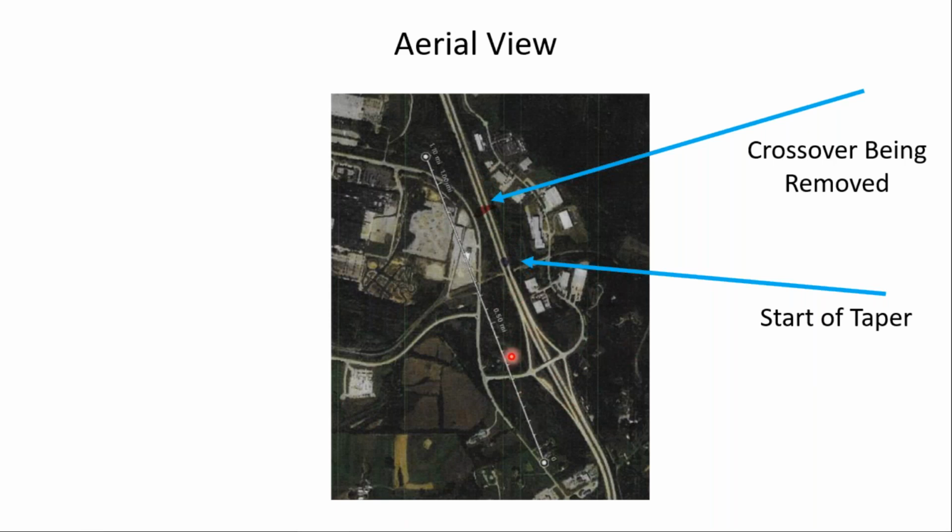Here's the interchange I was mentioning. The previous year, this happened in March. The roadway south of the interchange had, for a couple of years, undergone major reconstruction. In fact, it was one lane of travel in each direction for a couple of years while they essentially rebuilt the road. And so that's why this is the turnaround or crossover that was being removed.